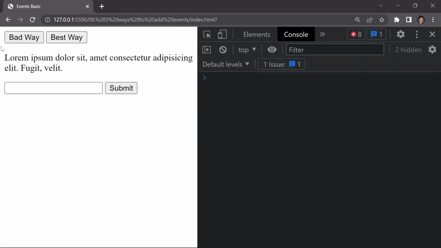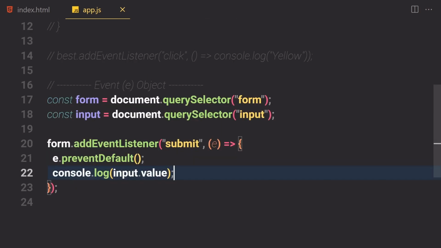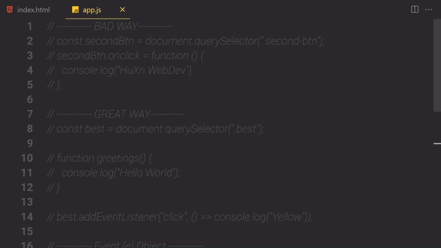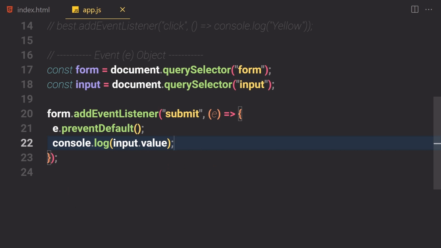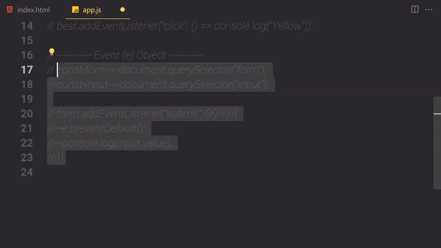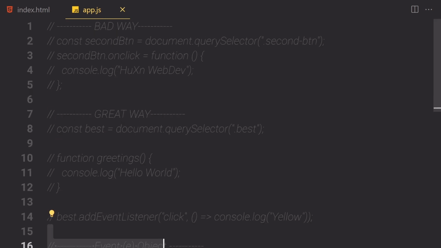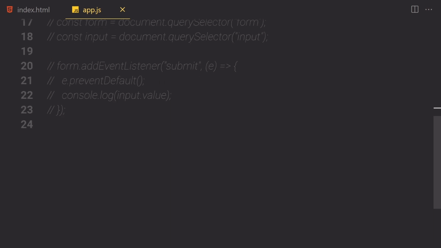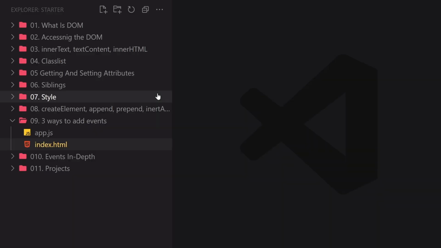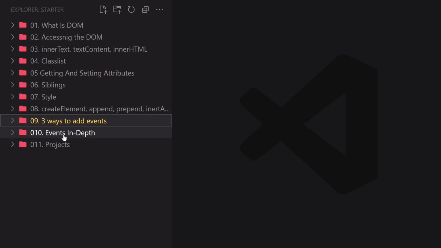So let's just say bye to that page. We learned about three ways to attach an event listener, and we also learned about the event object. Okay, so I guess that would be it for this section, and now let's get into our new section